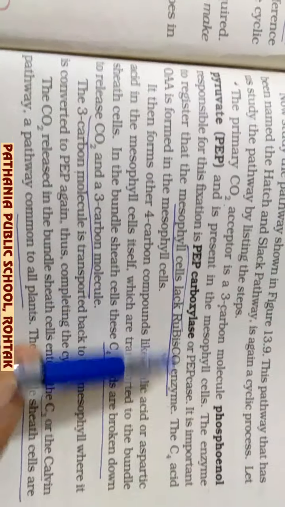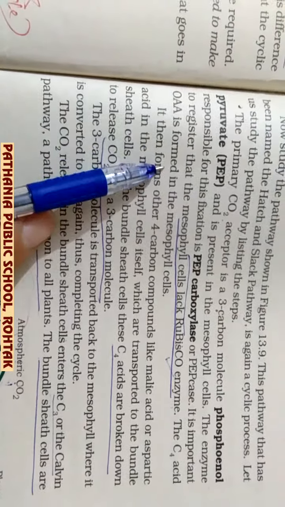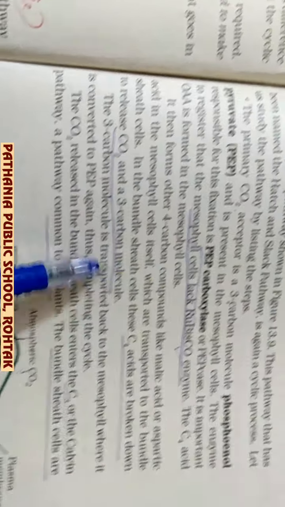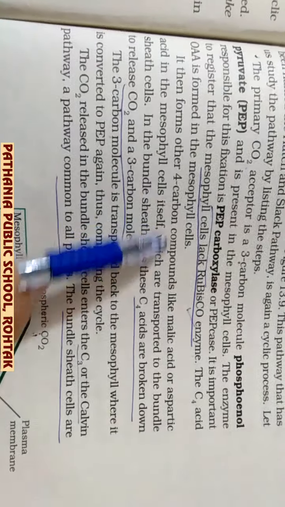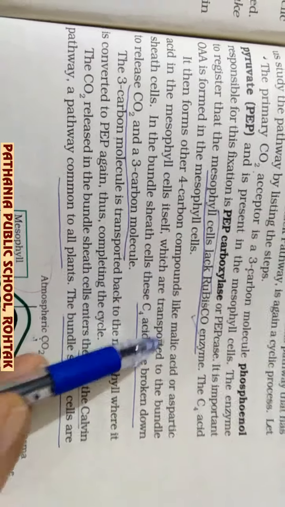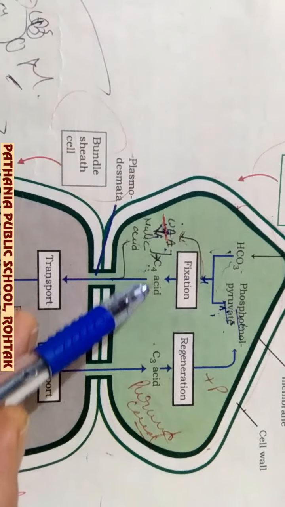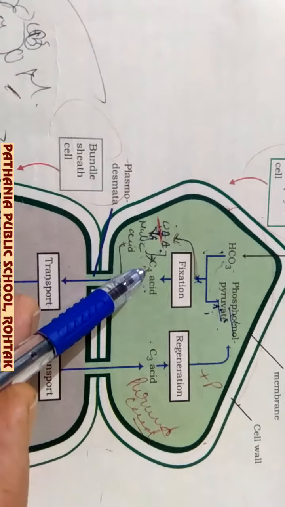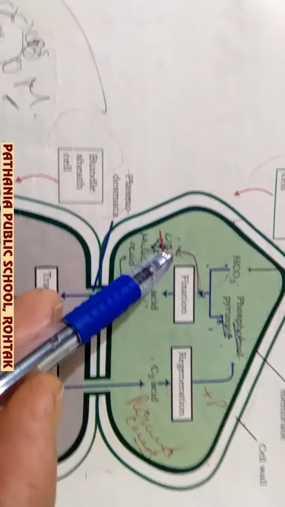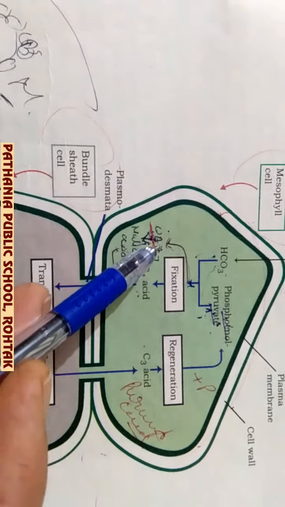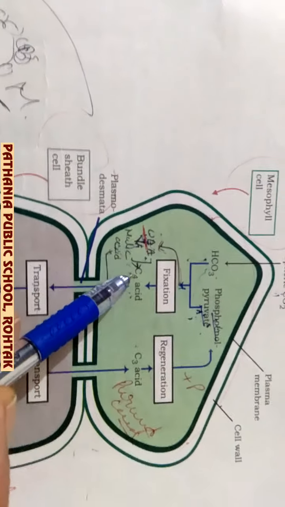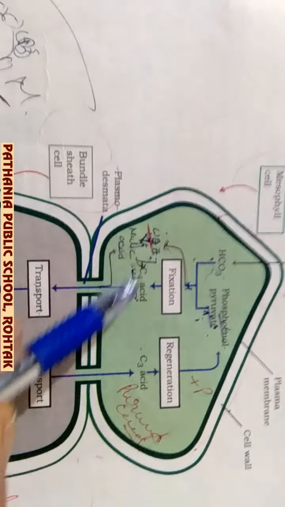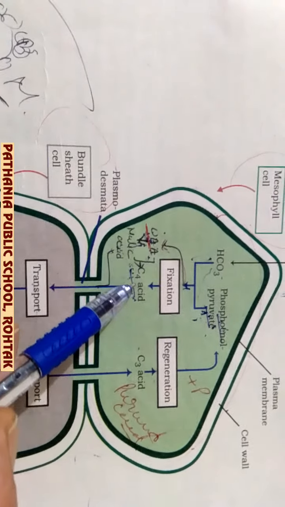They have directly written that here the malic acid will be formed. Oxaloacetic acid is formed in the mesophyll cell, and after that it converts into another 4 carbon compound, that is malic acid. So they have directly written the C4 acid, and this C4 acid is actually the malic acid only. Both of them are C4 acids, oxaloacetic acid and malic acid, but first this form, second this form. So you may also add these 2 points as C4 acid.